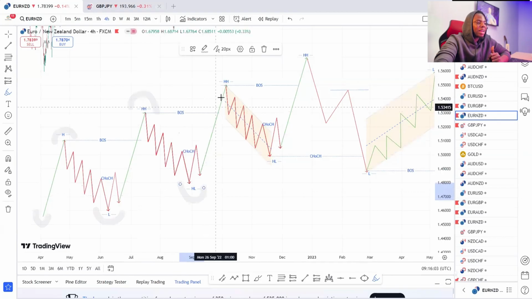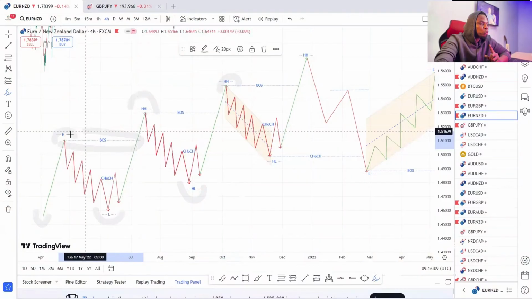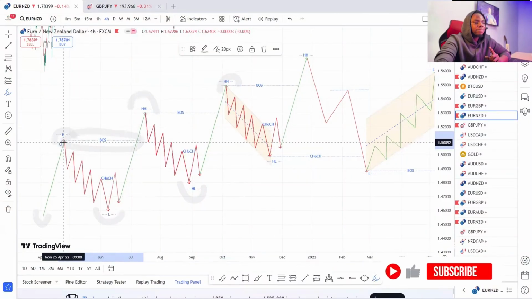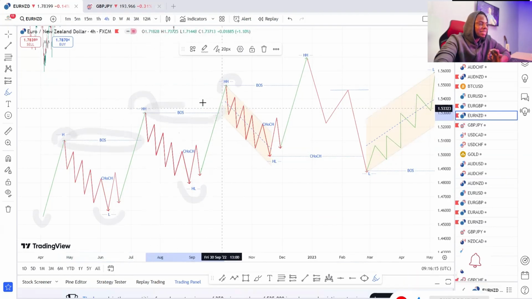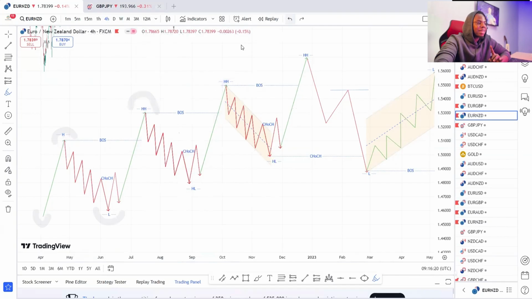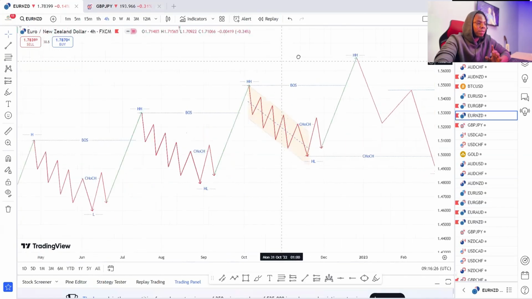I have another higher low here. I got another higher high. If you notice, something is common. The market continues to break structures to the upside, and that is a sign that this market is in an uptrend. Now, how do we take advantage? Looking at the concept we really want to master today.